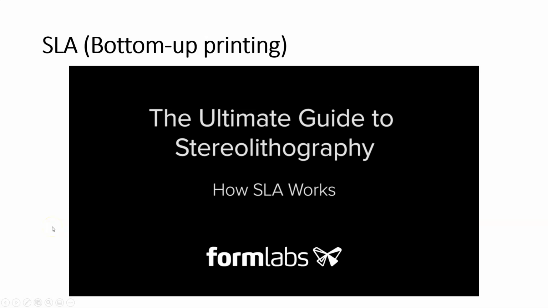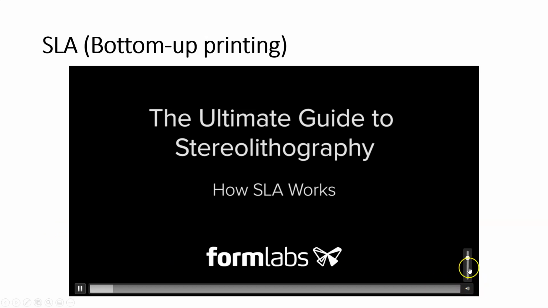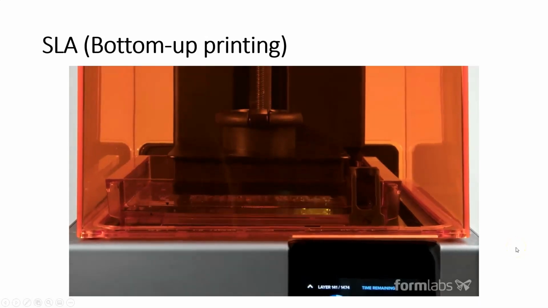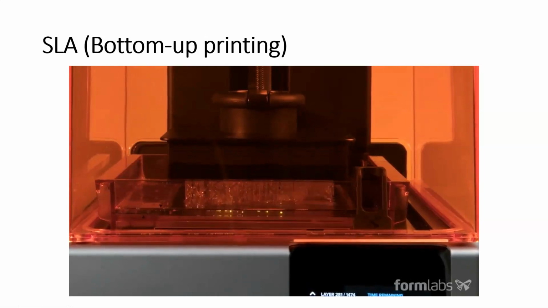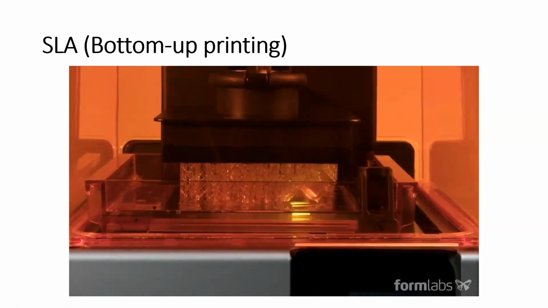All 3D printing technologies create solid parts from 3D models layer by layer. Among them is SLA. SLA stands for Stereolithography, a 3D printing process that uses a UV laser to cure liquid